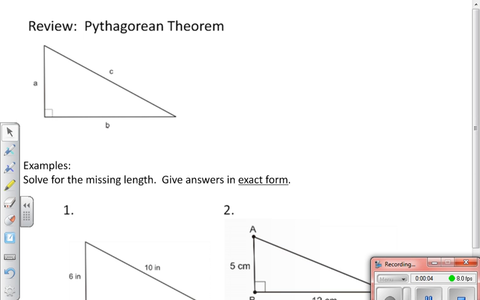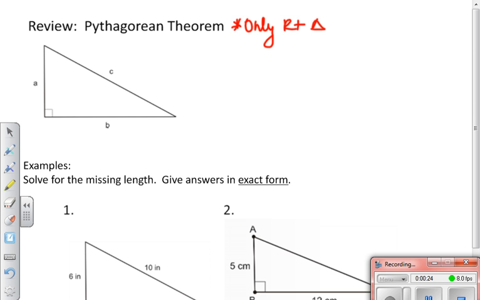Now part 2 of the video is going to start with a review. One of the most basic formulas we know and you guys have been working with since probably 6th or 7th grade is the Pythagorean theorem. Main thing is this is only good for right triangles, and it's a way to find and relate the lengths